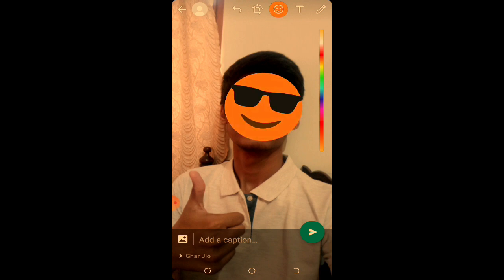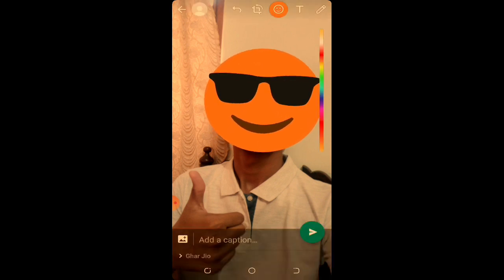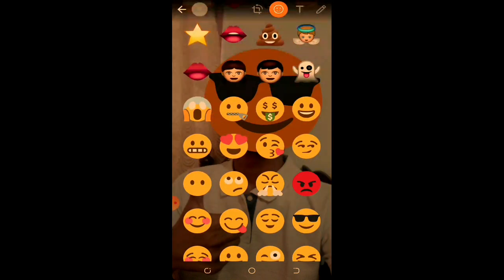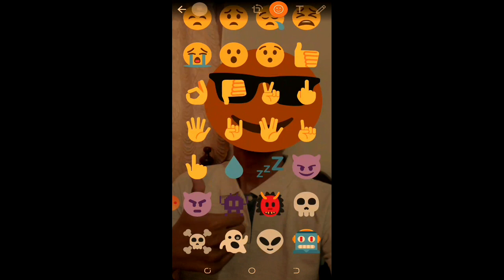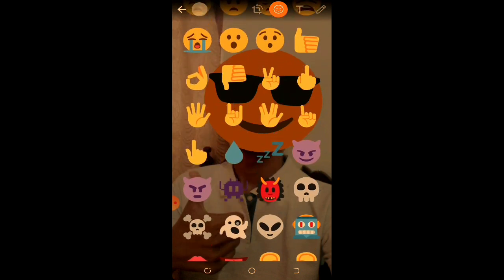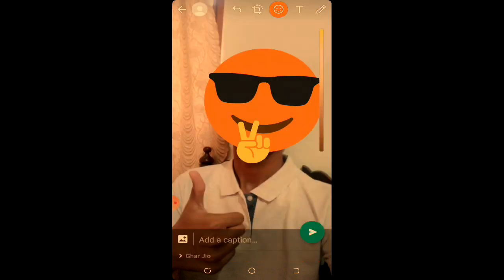Here you can also add the caption if you want, but first of all I am adjusting this emoji and I need another one for my hand. So I will go back to the options from where I get the emoji, and as you can see on your screen that there are different types of emojis that you may have used while chatting with someone. So I should select this hand, this could be the appropriate one. So I hope you all understood the procedure for editing your pic using WhatsApp.